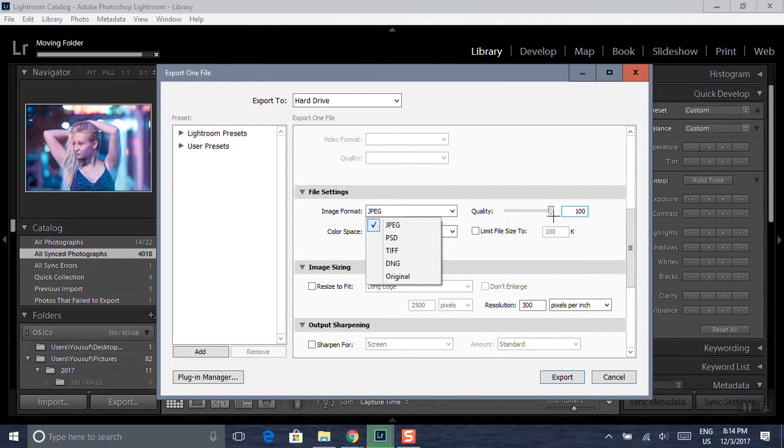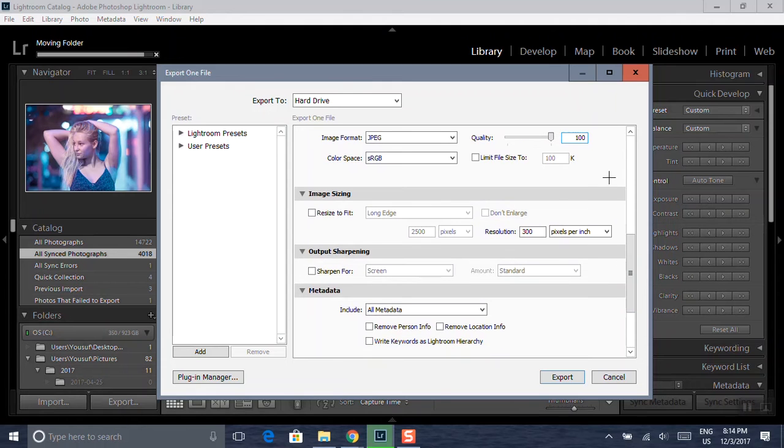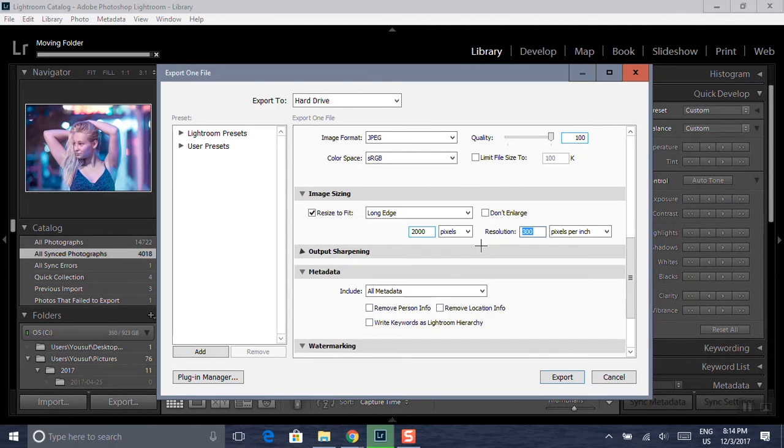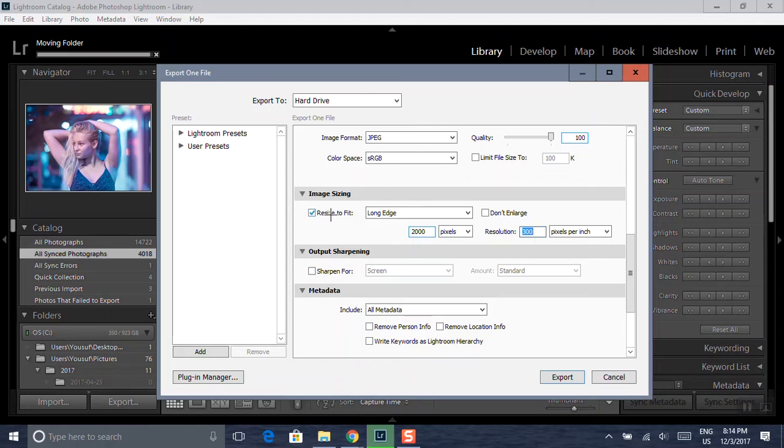So then you can control your quality here to whatever you want, and then you can scroll down, and if you need to resize your image, because a lot of times images taken on a DSLR or a professional camera, they're going to be huge and not good for online sharing. So I'm going to change that to, let's say, 2000, and then I can change my resolution here. Or if you're wanting to keep it the full resolution, you can just uncheck that. But I'm going to hit export,